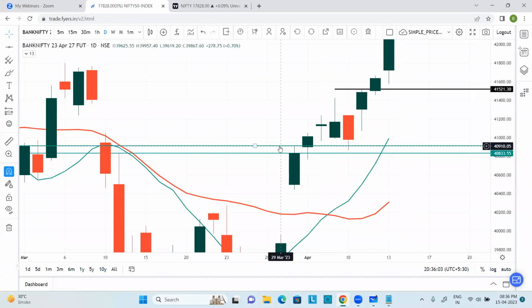You need to draw like this. Then what should you do? On opening gap up, if it opens inside, it will come up to here, and here you have to take the trade. This is the location. These are the two locations. From closing, you need to keep